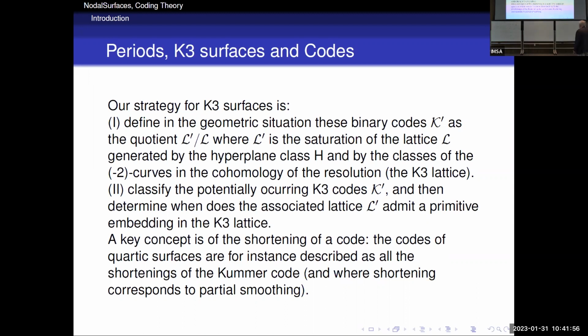Now, as I said before, we want to understand conceptually everything. And to do this, the key idea is the concept of shortening over code. So in a sense, because I said before, what I don't like is computer lists. So for the human brain, when we're talking about people or about families, the thing which we really like is a genealogical tree. So like for quartic surfaces,